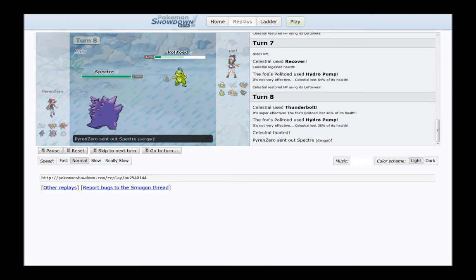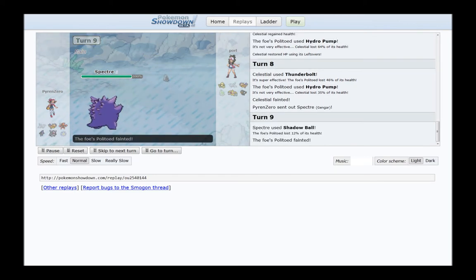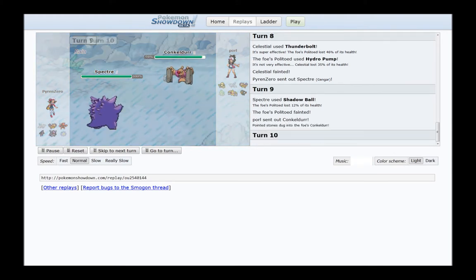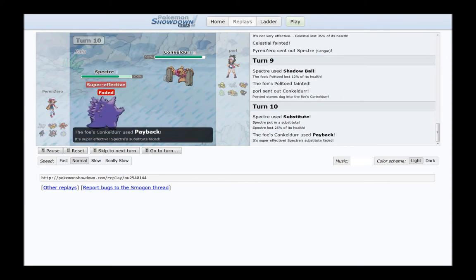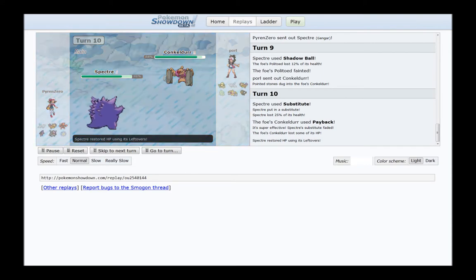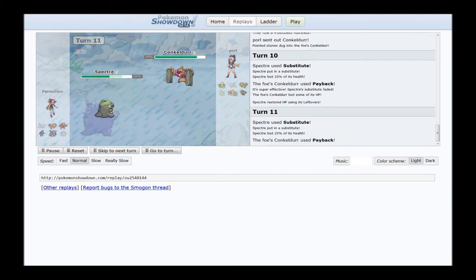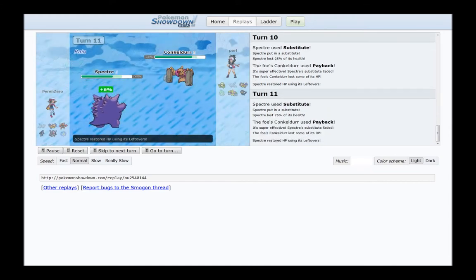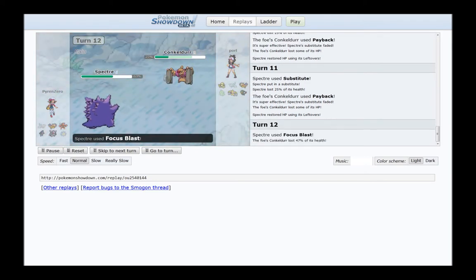At this point I send out my Gengar, Spectre, finishing off the Politoed with a Shadow Ball. And this is my first battle against a Conkeldurr, which is Gen 5. I haven't played any of the games, but thought I would set up a substitute and see what happened. So the Dark type move is kind of a thorn in my side at the moment, so I set up another sub which doesn't work, basically, so Spectre goes for the Focus Blast, dealing as much damage as it can before it dies,